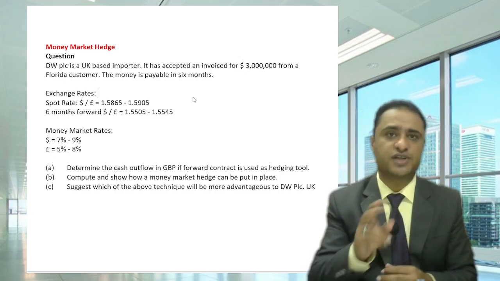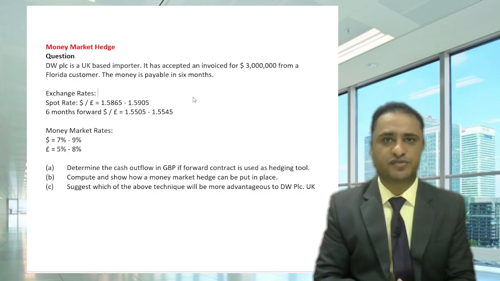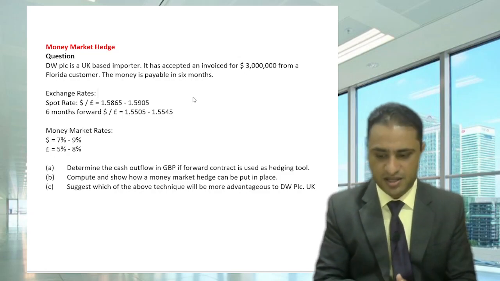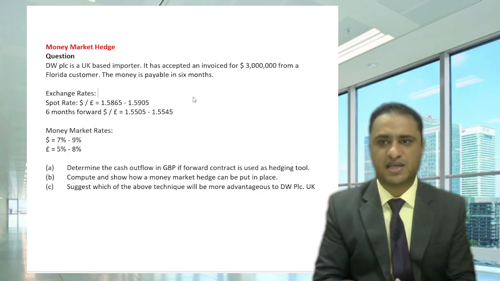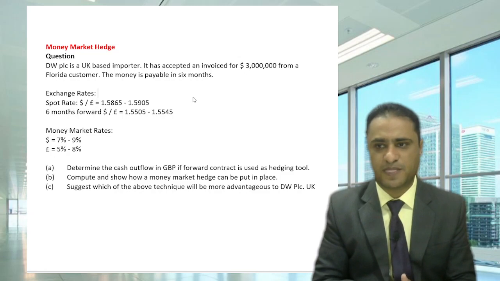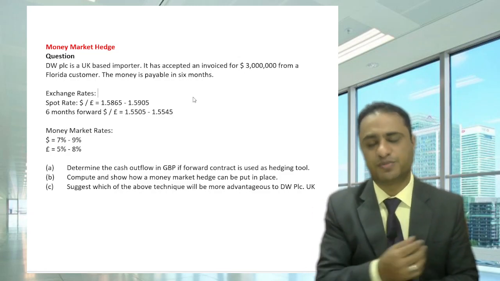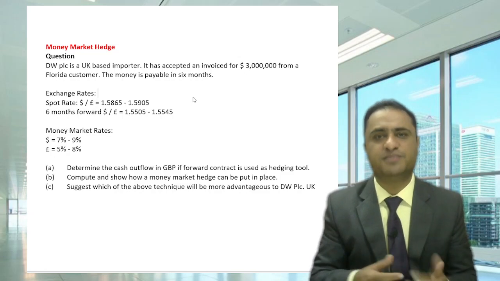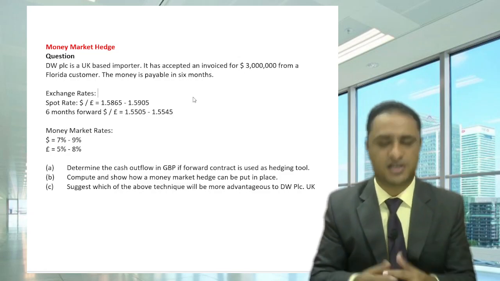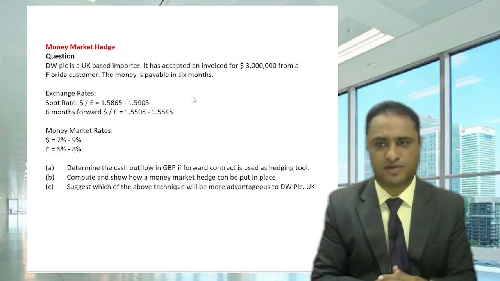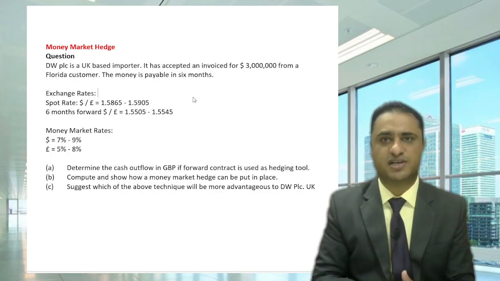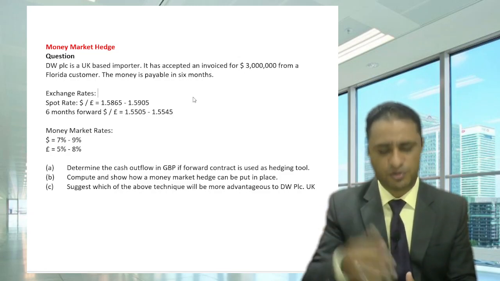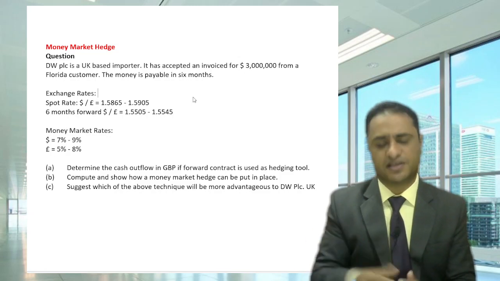Banks give two types of exchange rates. One is called a bid and one is called an ask. Like any other business, a bank will never buy a foreign currency, say for 2 pounds, and also sell it for the same 2 pounds, because it has to keep a margin between buying and selling the foreign currency. So there are always two rates for every foreign currency. At one rate the bank buys the foreign currency, and at another rate the bank sells it. Usually the bank will buy at a lower rate and sell at a higher rate.